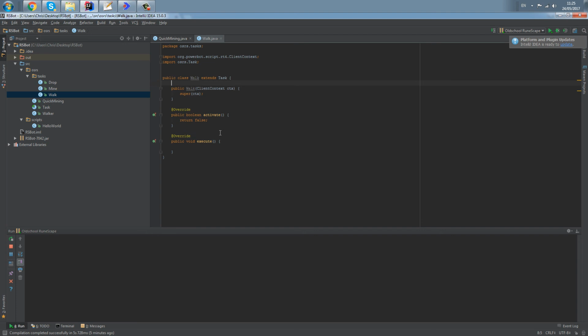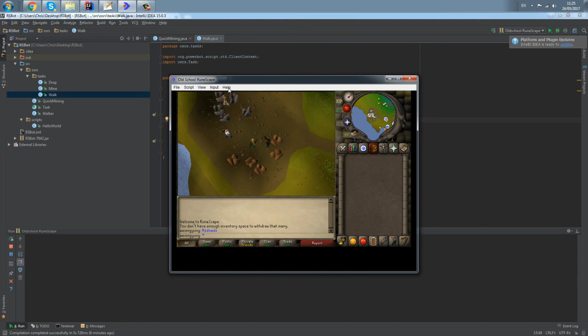So now, when do we want to walk? We want to walk when our inventory is full. So ctx.inventory.select, don't forget the select, .count is greater than 27. So if our inventory is full, then we're going to walk. But at the moment we don't really know where we need to walk, so we're going to have to make a path from here to